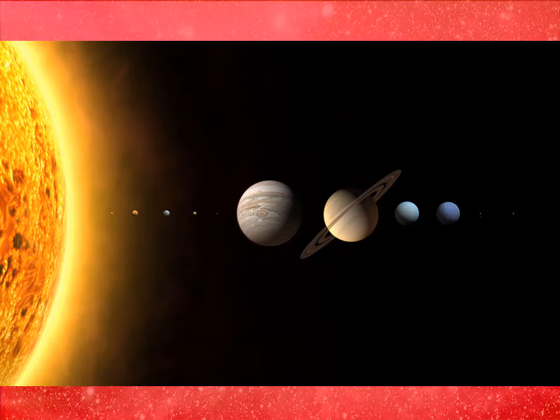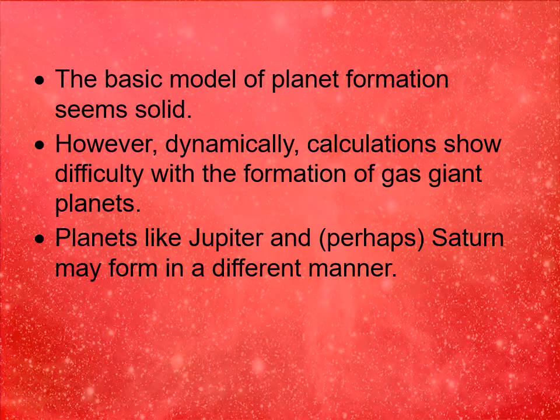You could fit 1,000 Earths inside Jupiter, almost as many inside of Saturn, and you get like 100 Earths inside of Uranus or Neptune. Now, that's the basic